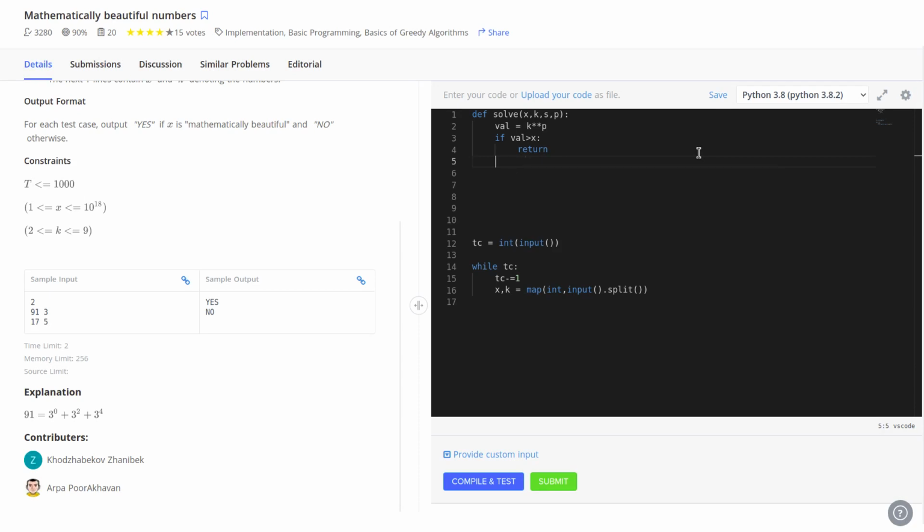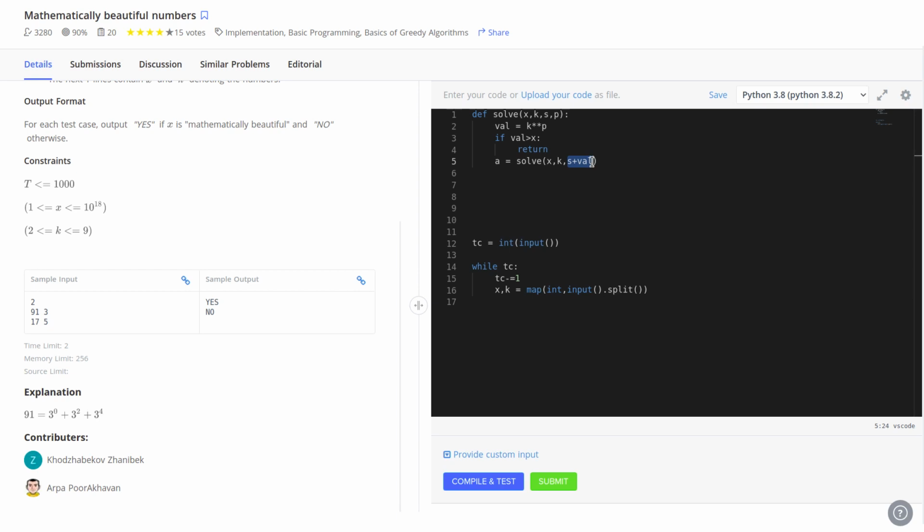Or for your basic understanding, we can write a equals solve. X will be x, x is not going to change, k is also not going to change, but sum can change: sum plus val, that means here our 3 to the power 0 will be there, right?